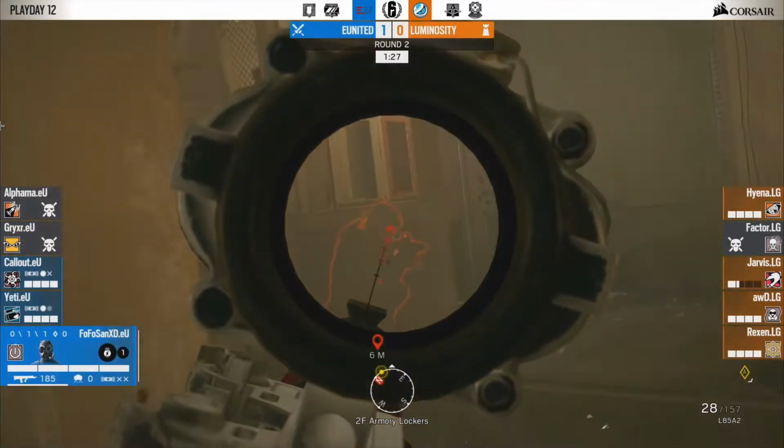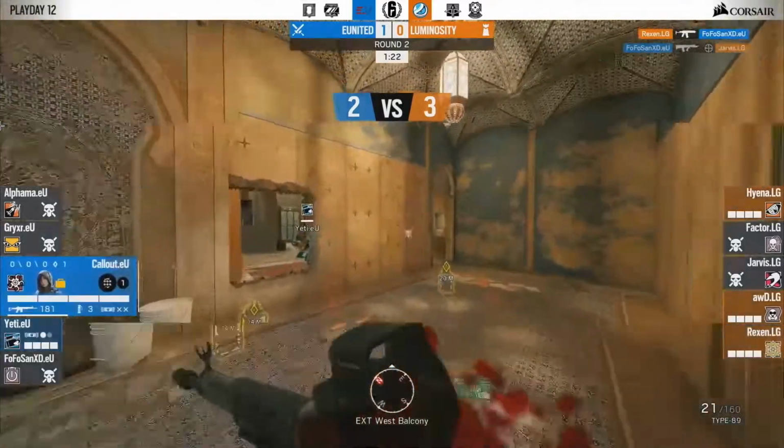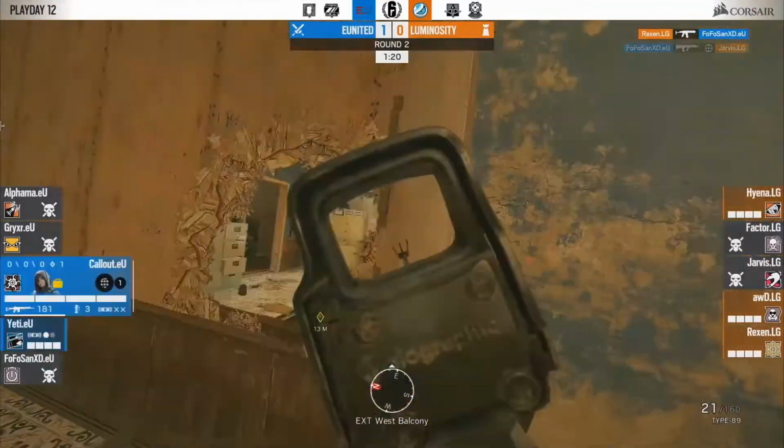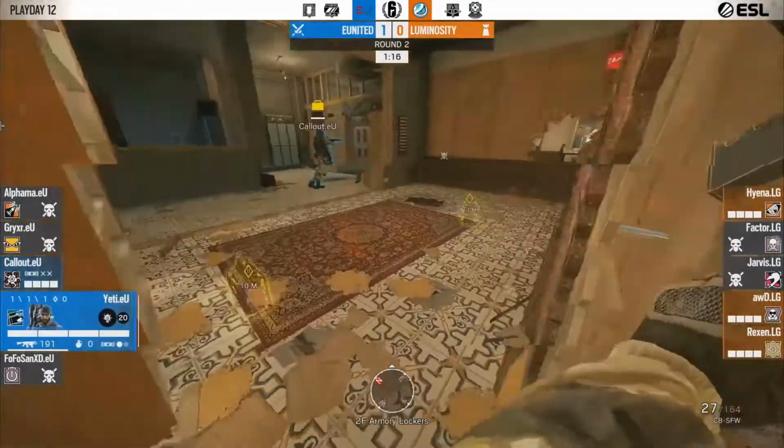Oh, that nade gets captured by an AD. Okay, yeah. And Rexon's just upstairs, unknown. So do they have a drone? Yeah, Yeti has a drone. So that's just